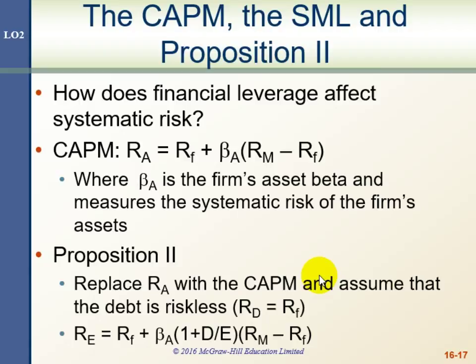And so as a result, there's greater financial risk for any presence of debt, even if the debt is default free and riskless to the bondholders. So once again, we're focusing on the risk to the shareholders in this discussion. So we have the return on the asset determined by the beta of the asset, and we also have the return on equity here, which is related to the beta of the asset through the equity multiplier, 1 plus the